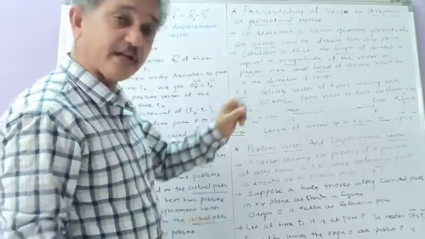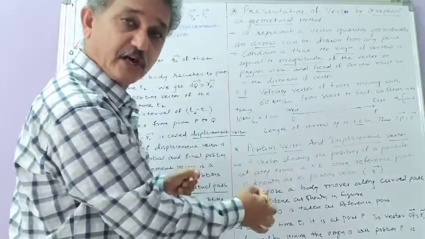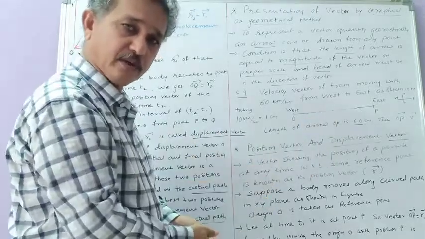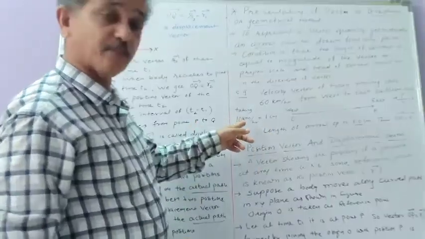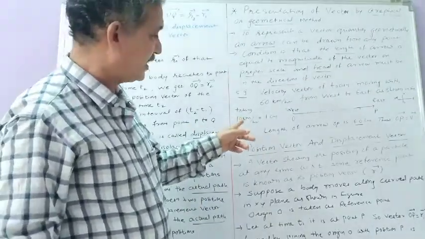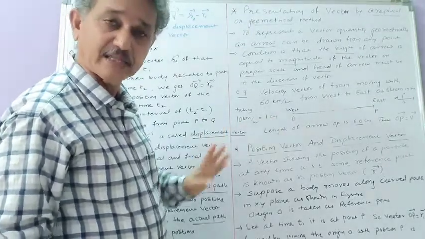So here you have to take a proper scale, because we have to draw an arrow, and you have to draw this arrow in your notebook. Our notebook has certain limitations. That's why we are selecting a proper scale. How much is the scale? I am taking 10 km per hour equal to 1 centimeter length.